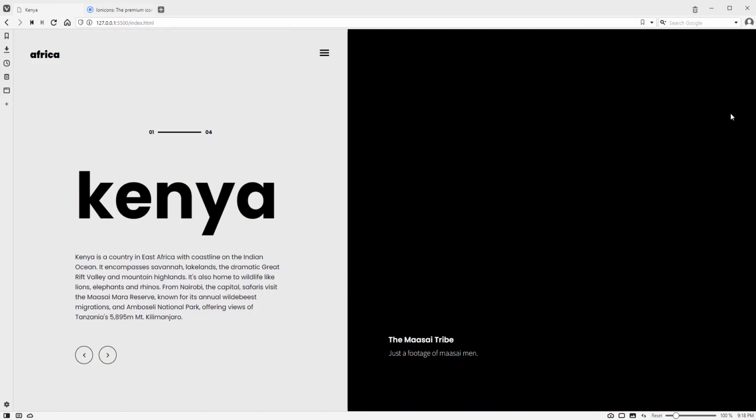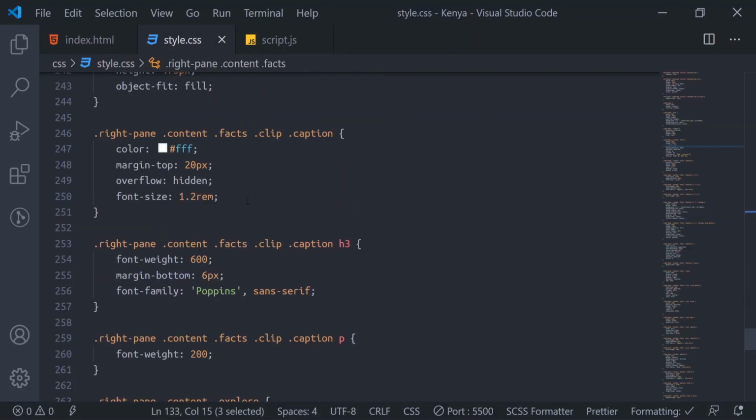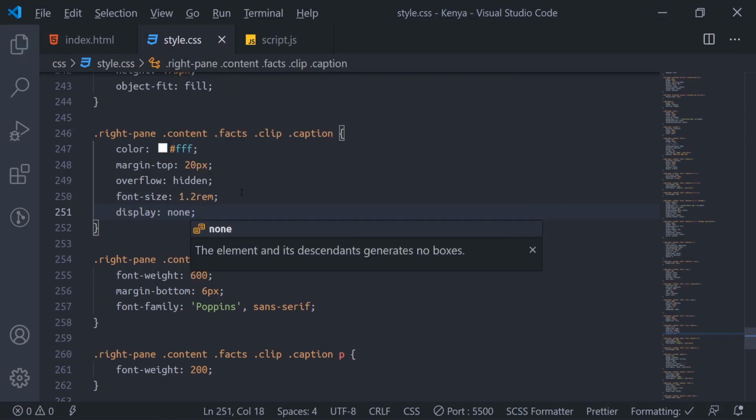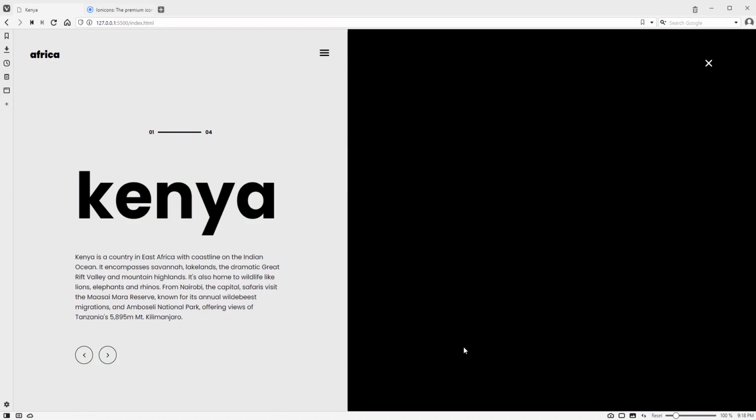This one animates and comes out. This one comes out. This one is supposed to fly in, but this is supposed to draw before this one flies in, meaning we set this caption here to display none. You know they show, right?